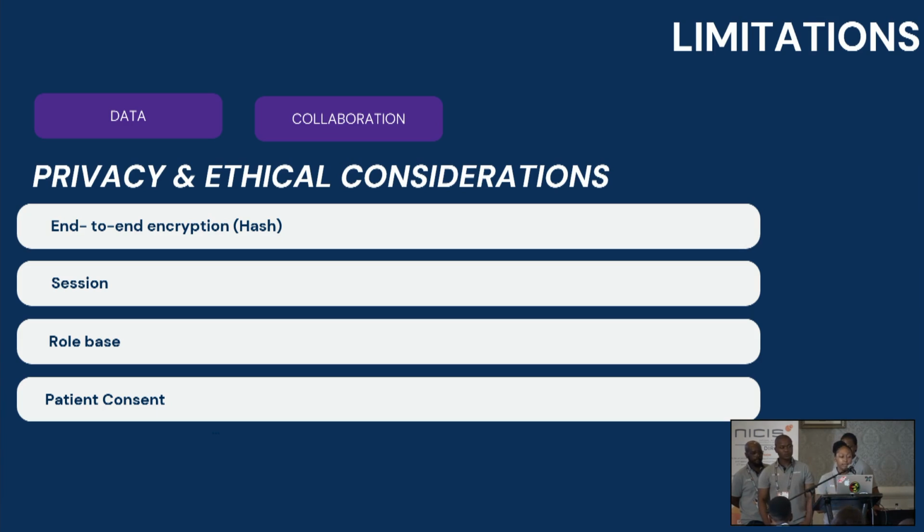Because this app includes people's personal information and health information, we need to ensure that it is highly private, and we do that by using hashing. That is end-to-end encryption, which ensures that the user's details are kept private. Another tool that we're going to utilize is session timeout. That means that if I leave my laptop open, after a period of time, the app is going to switch off. That means the person's personal information is protected.